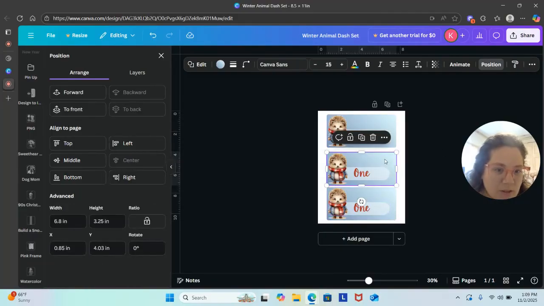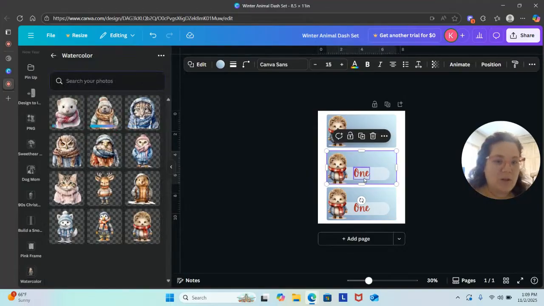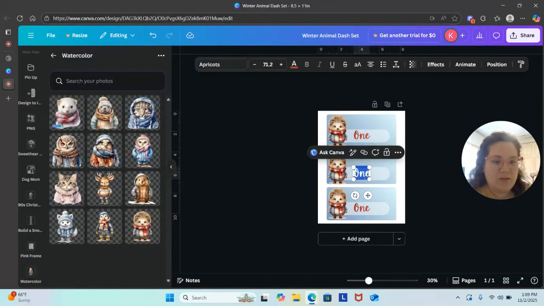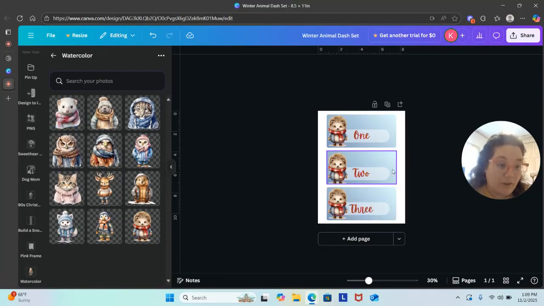So let's move these together a little bit. Okay, and then we can just go in 2, 3, and I might change the font of these as well. I'm not super fond of the font. I love this font, but not for this